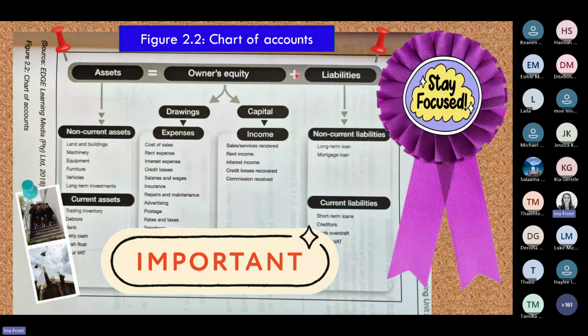Without this page, you're not going to know the names of the general ledger accounts, and you are not going to know if they're classified as assets, income or liabilities. And if you don't know that, you're not going to know if you're going to debit or credit the account. So if you are a little bit rusty on page 53, because it was a while back since we prepared for test 1, please go back. You always have to study this page first when you start preparing for an assessment.